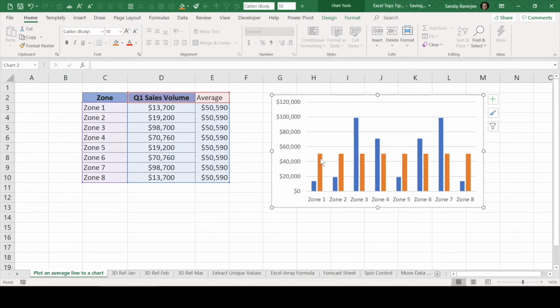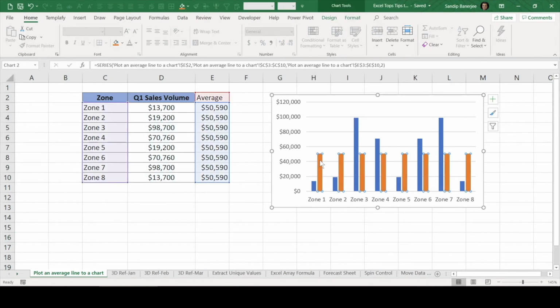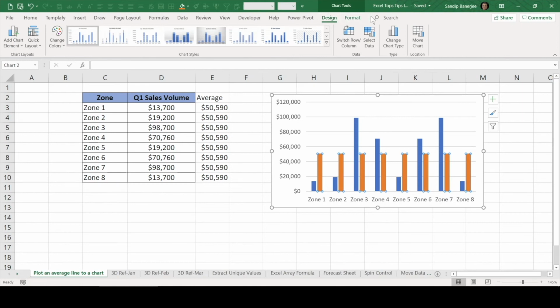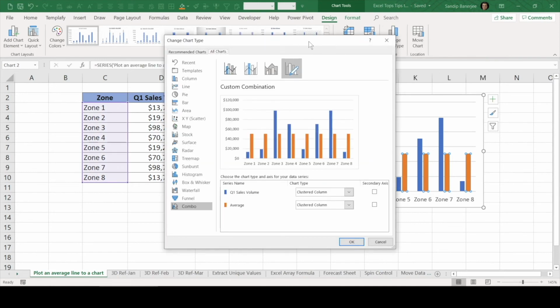We need a line chart in this particular average so that there will be a single line which will demonstrate the running average. So to change the type, let me select this particular series. If I click on that, then I need to go to design tab, and there you can see the change chart type, this particular button. If I click on that, a new pop-up will come. If you are using Excel 2016 or a later version, you will find this combo option there. In the previous version, it was not there. So you just need to ensure that you are using a latest version, which is at least 2016 or later.